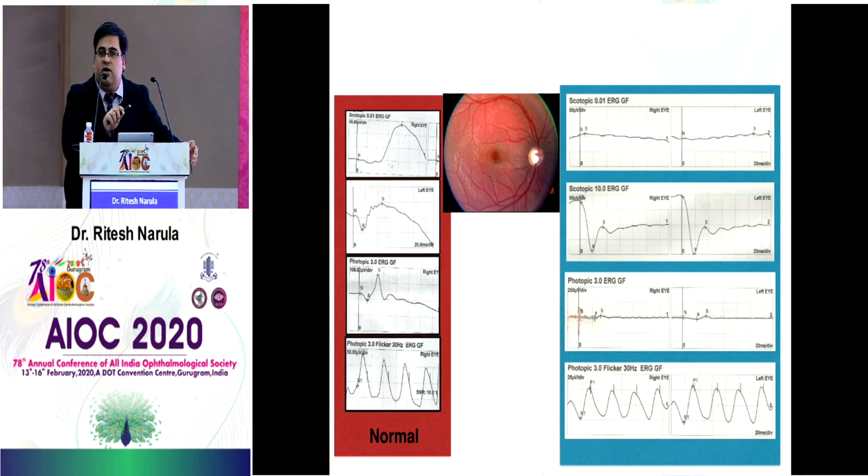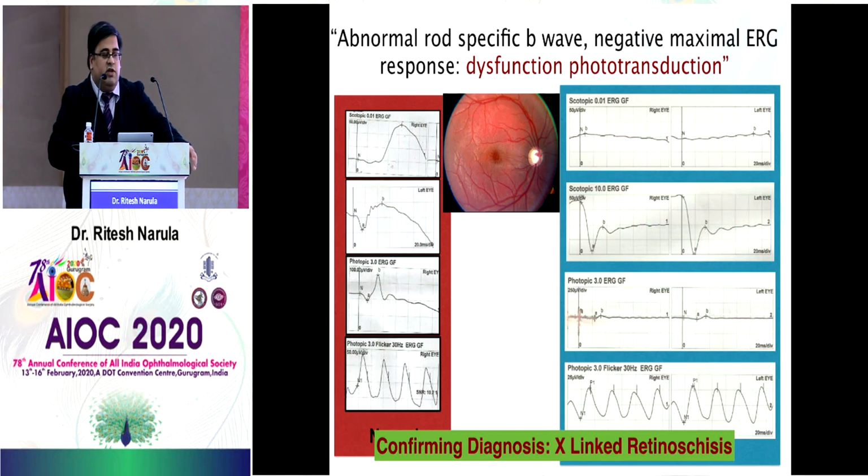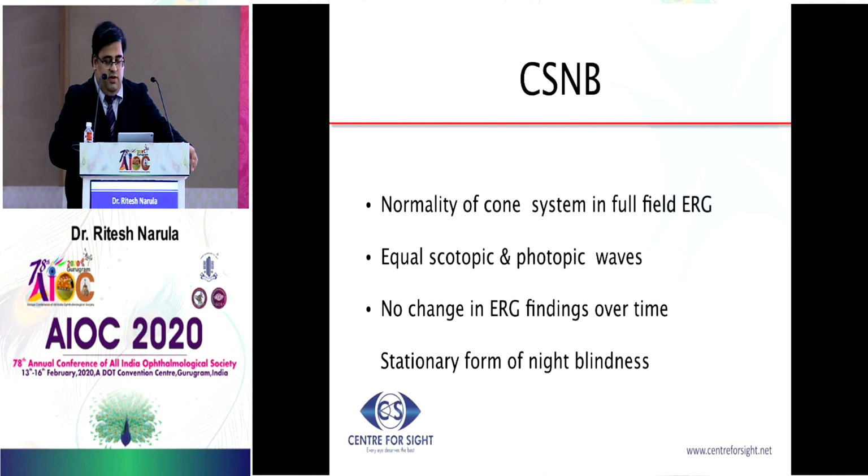And if I use the word cartwheel pattern at the fovea, if the bipolars and photoreceptors have split from each other, what is the condition called? Retinoschisis, right. So when they split from each other, the current cannot go ahead. So you have a current coming from the photoreceptor, but nothing coming from the bipolar cells. This is called dysfunctional phototransduction. It's a patient of X-linked retinoschisis.